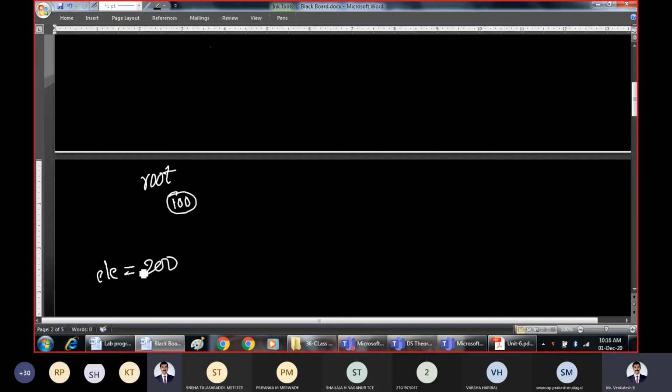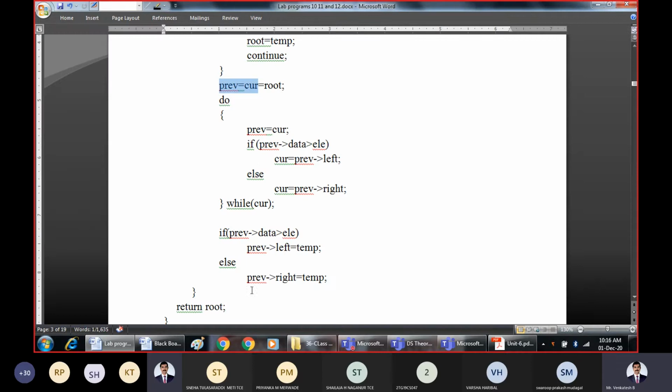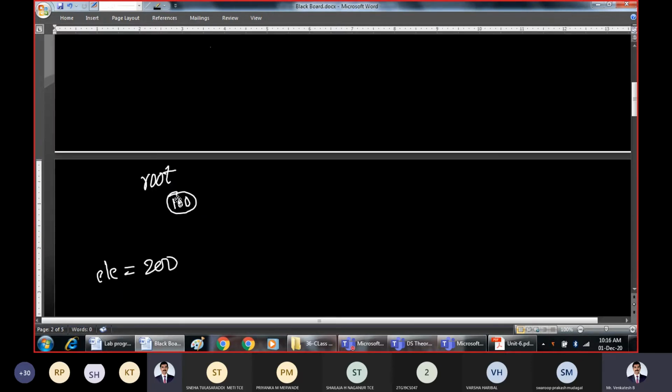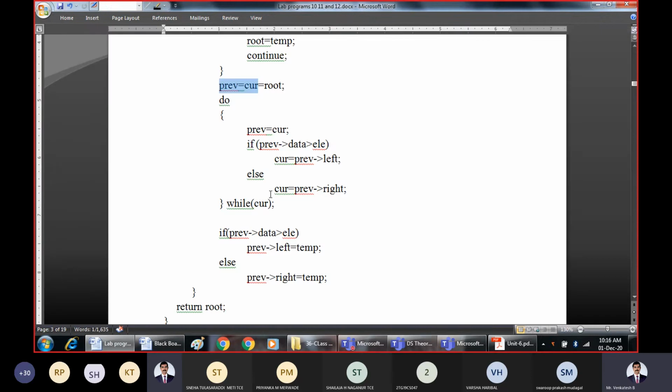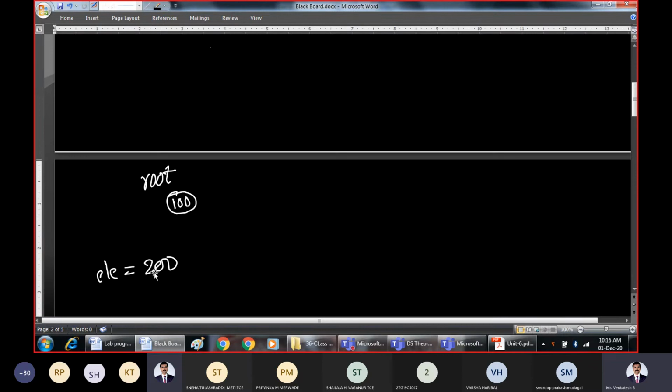If element is equal to 200, then check those conditions. What is previous pointer data? 100. Is 100 greater than element? No. In that case, current equals previous pointer right side. That means 200 cannot be inserted at the left side; 200 must be inserted towards the right side. So it will get inserted at the right side.